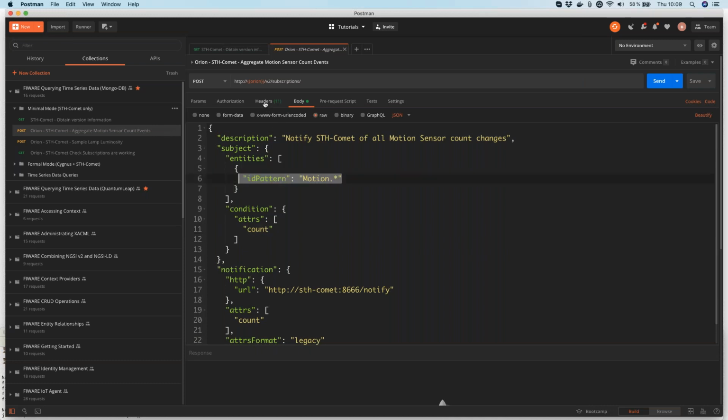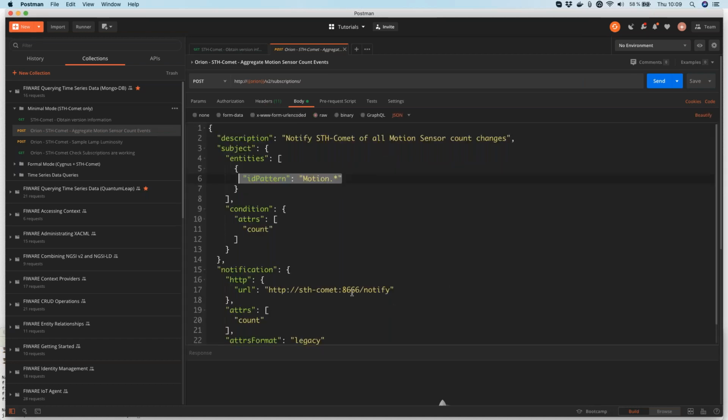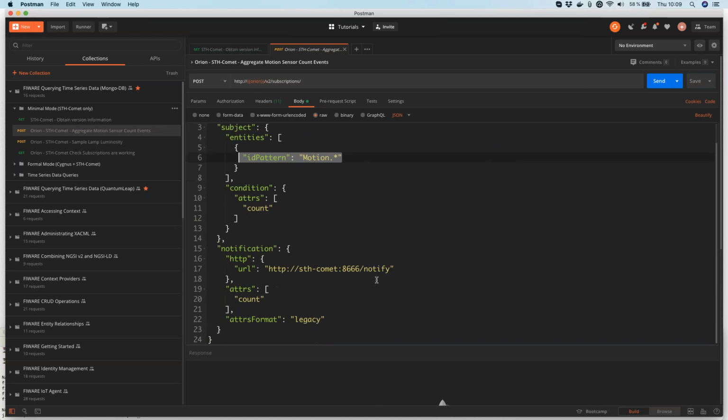If you look at my headers, you can see I'm also looking within my devices, my OpenIoT multi-tenant. So the strange thing about STH-Comet is that the interface it uses is still NGSI v1, and therefore you need to have this additional attributes format equals legacy in order to ensure that the data is passed through in a manner that Comet itself can deal with. If we send that,